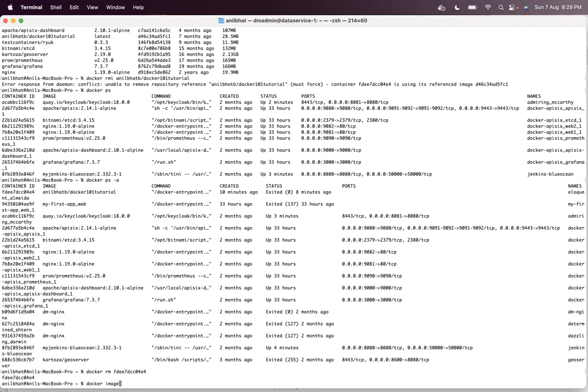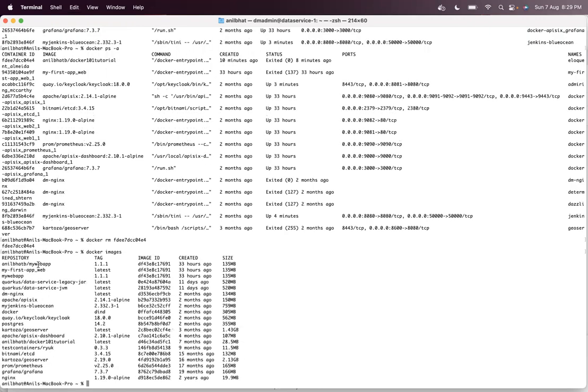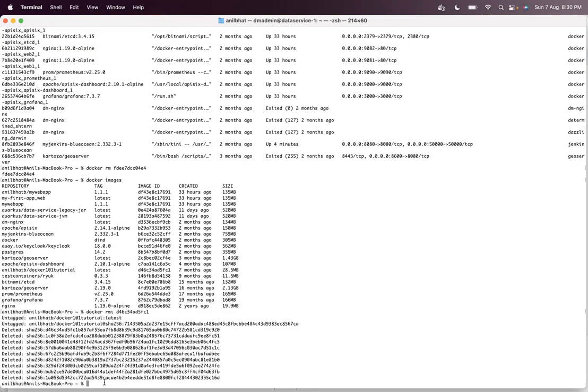To delete the images, you have to find out the image ID. So here in this particular list, you can get the Docker image ID by looking at this one, right? So this one is the image. You can directly give the image ID like this, so you can delete it like this: docker rmi and the image ID, and you have deleted it.